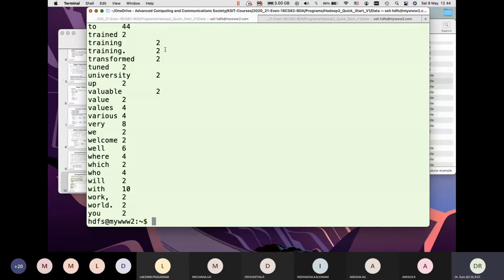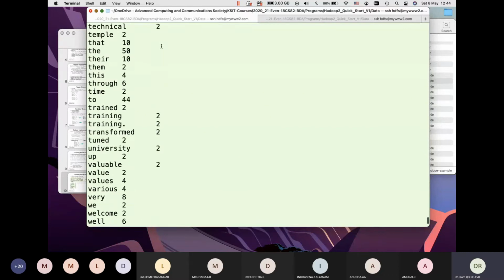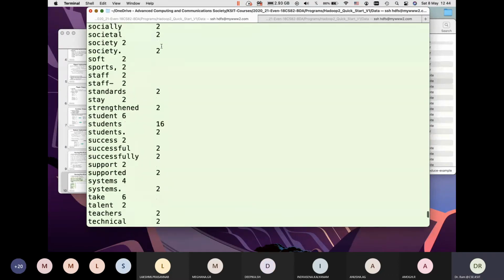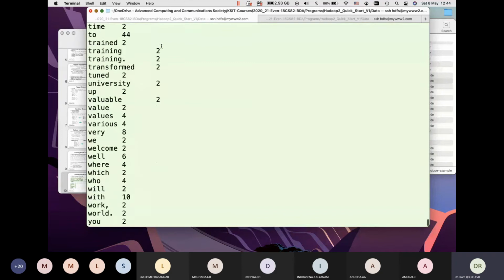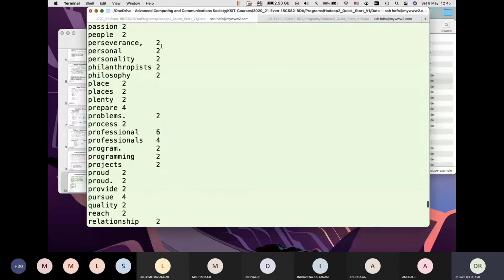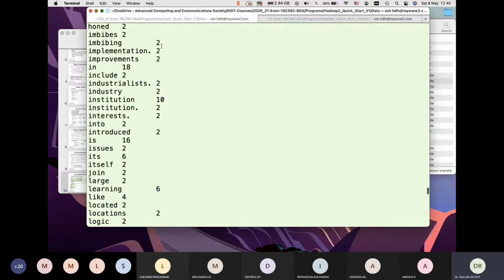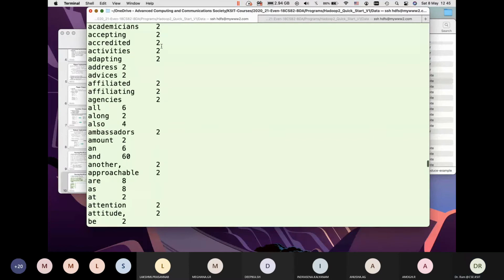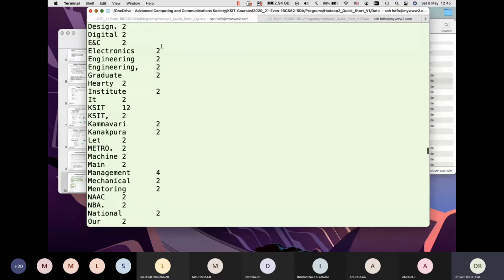And you can see every value has become double because there are two files. So when you give an input directory, it basically looks at all those files in the directory and outputs those values. And you can see capital comes first, and it was 6, it became 12, everything became double because of the same data file. Any questions so far?